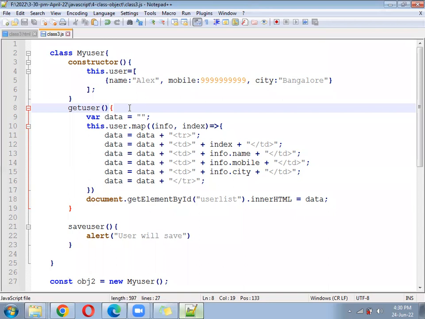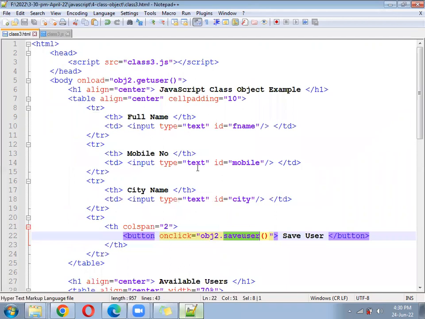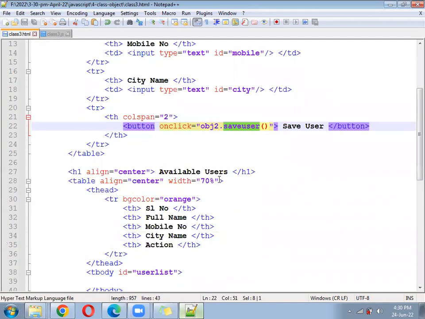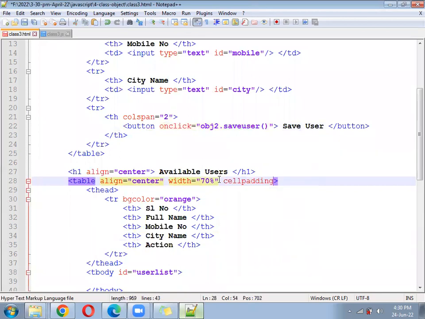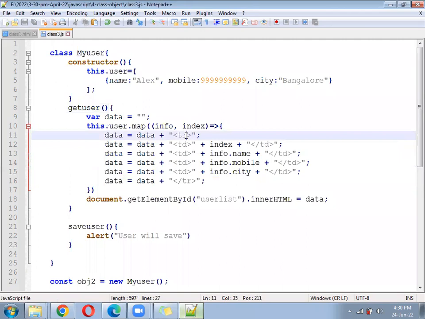That is how many users? User. We can increase a little cell padding there in HTML. The table you have given here, inside the table apply the cell padding, some 10, 15. It will be spacious. And then for the TR we are generating here, also give a line